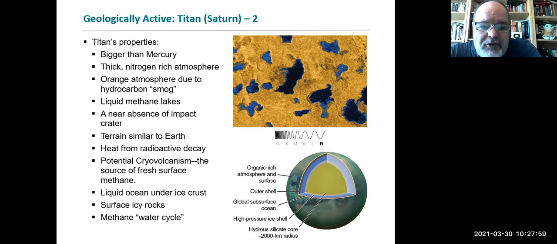It's got a thick nitrogen rich atmosphere. It probably was mostly ammonia and methane, but a lot of the ammonia can be broken up. And when it's broken up, it leaves nitrogen. The orange atmosphere is due to basically hydrocarbons. So ethane, methane, ethanol is a derivative of ethane. So alcohols basically, and all those things that actually can make smog, like you see in Buffy the Vampire Slayer